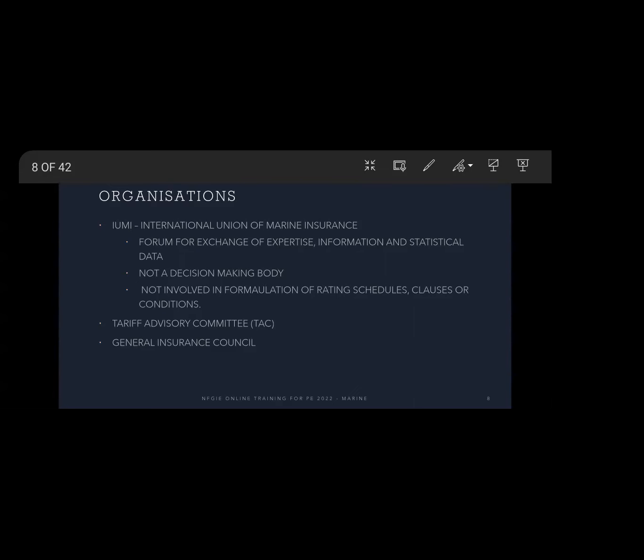Other than that, for people who are familiar with the current market scenario, we have the 0.015% rate cap. The General Insurance Council was one of the backers of that step towards bringing some underwriting discipline.